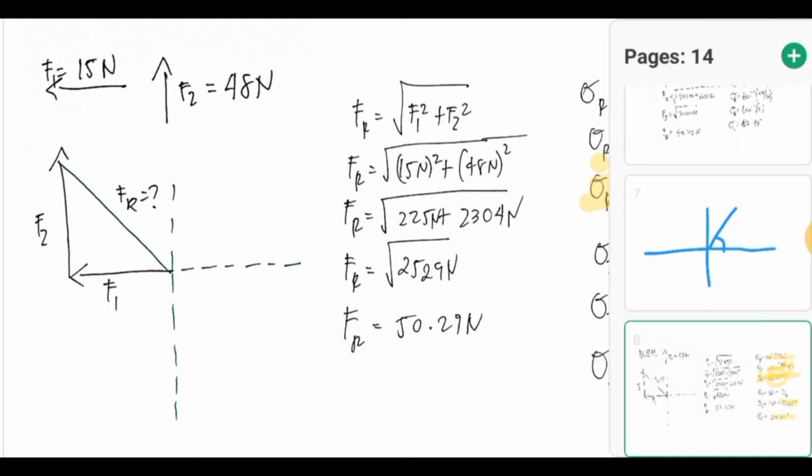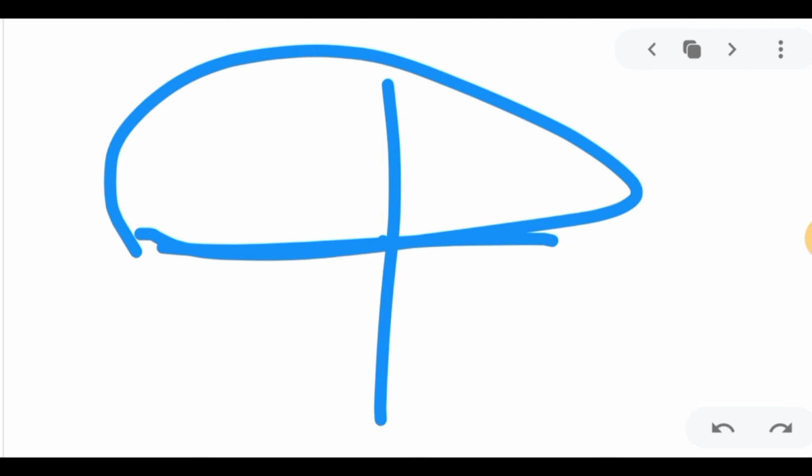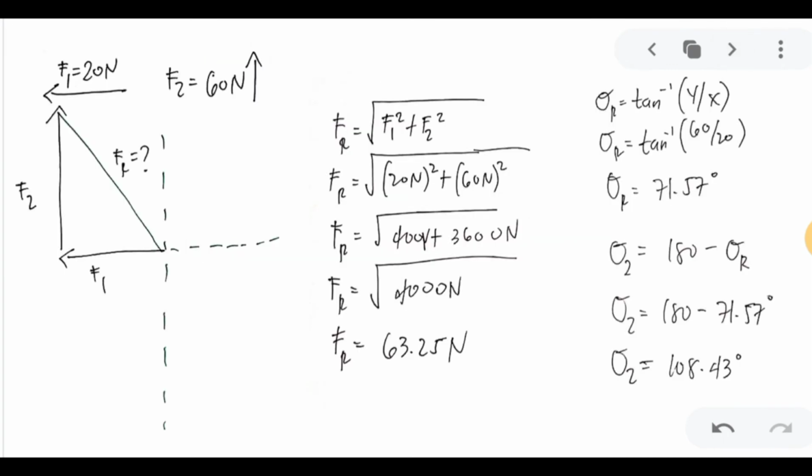So if you will plot that on a Cartesian plane, mga nandito lang yung angle na yan, yung direction niya. Pero nasa quadrant 2. Okay? Ganyan mo siya ipa-plot. Tapos, another example, I have here